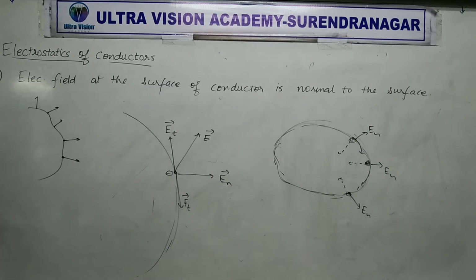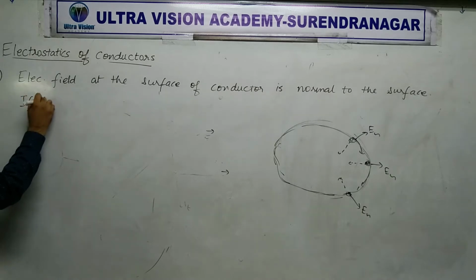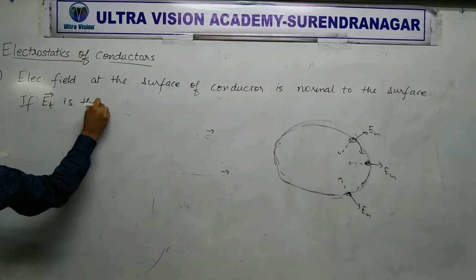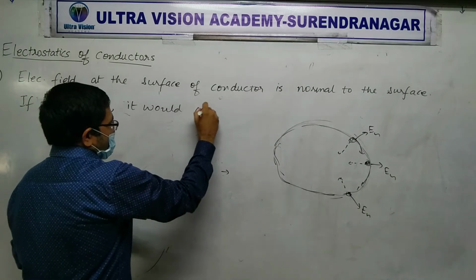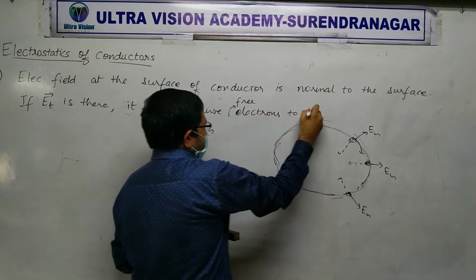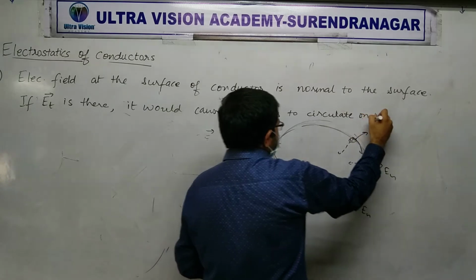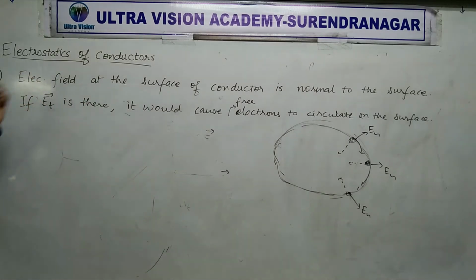Erase it all. Let's write what I have explained in short. If ET is there, it would cause electrons, three electrons actually, to circulate on the surface, right? But like I have said, we are talking about electrostatics, so we will not talk about any case where charges are moving. So we are writing all these ideas based on those cases where charges remain stationary. First one clear,